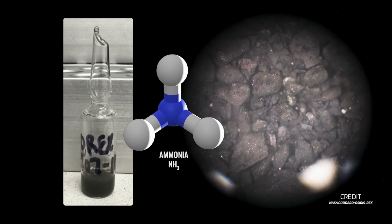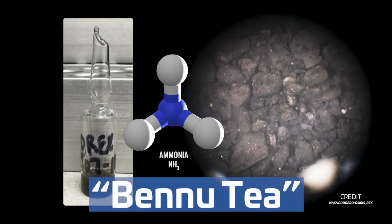Scientists are now analyzing some of the material, and this week, some major results came in. NSF's Patrick O'Loughlin spoke with some of the scientists who worked on these studies. We literally took the pebbles, the dark beach sand, and we put it in a test tube with water, sealed it, and boiled it at 100 degrees C. So we literally made Bennu tea. We extracted the organic compounds into this tea, and that's where we discovered 10,000 different organic molecules. So it's really a complex soup of organic molecules that would have been available on the early Earth and elsewhere